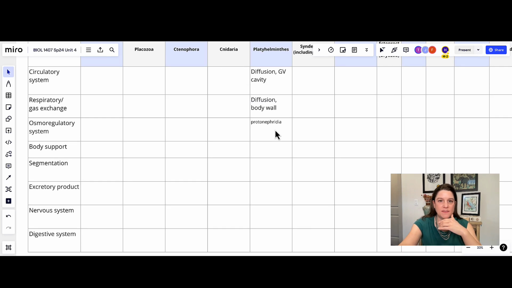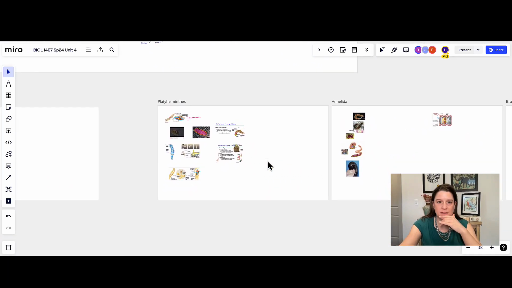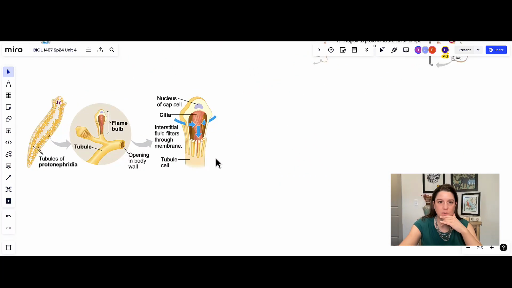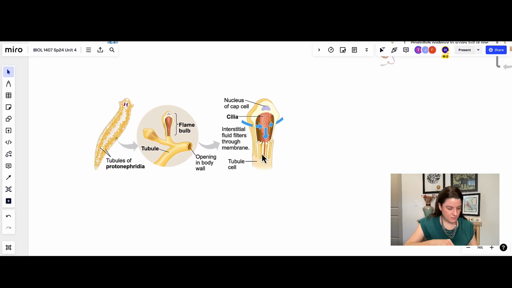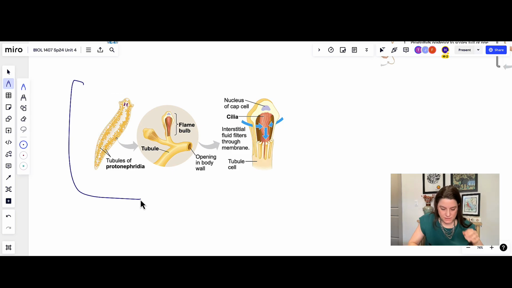For these Platyhelminthes, actually, should we go look at Protonephridia? Let's do that. All right, so I'm going to come back up here to the flatworms. So Protonephridia are the osmoregulatory structures. That's this. So you can see there are a bunch of tubules, again, lots of surface area, which makes sense